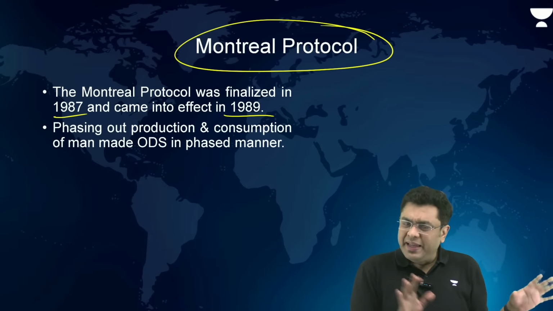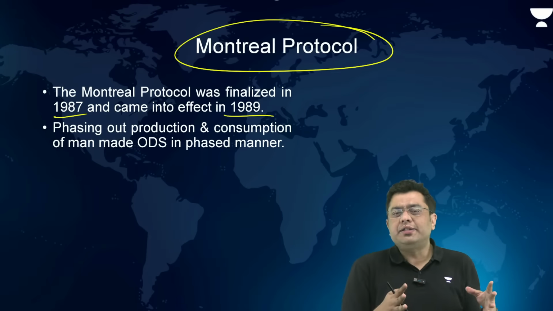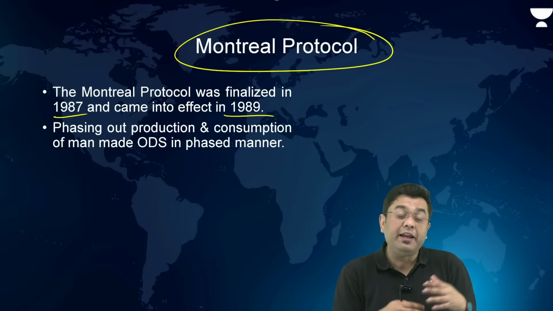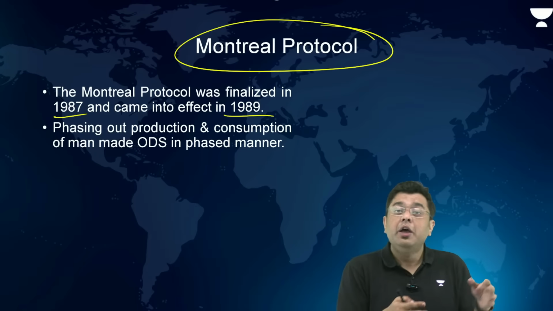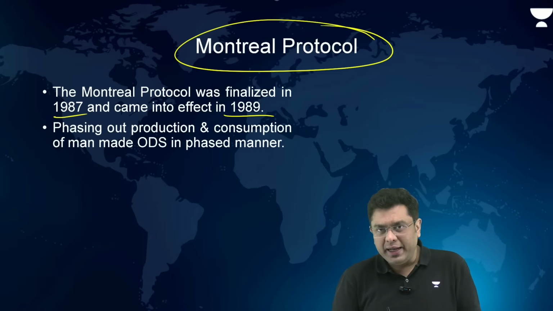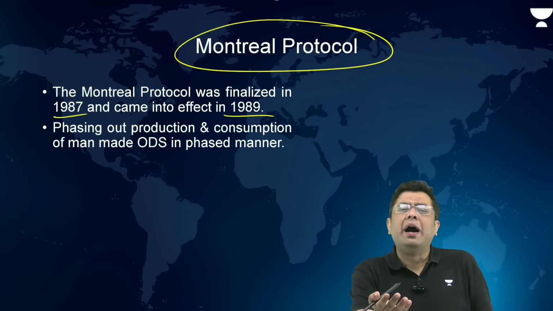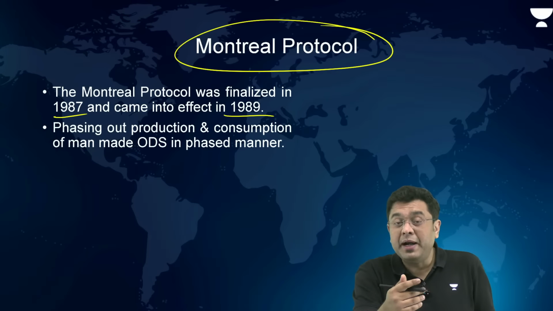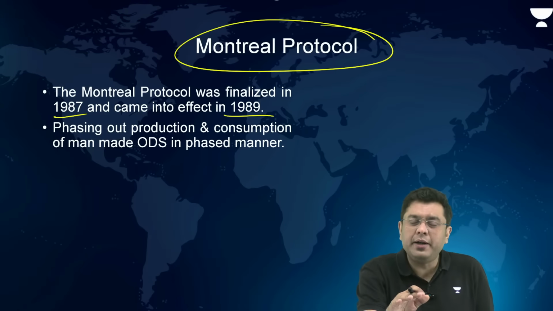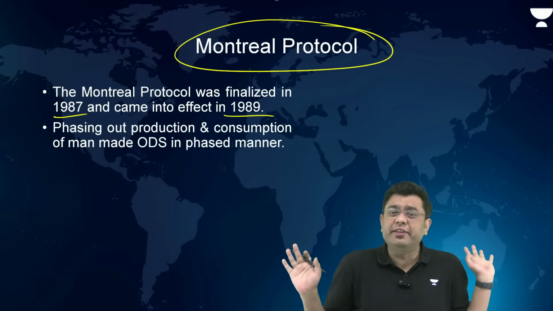It was basically about preventing the emissions or the release of various anthropogenic ozone depleting substances like chlorofluorocarbons, hydrochlorofluorocarbons, bromofluorocarbons, and so on, because these will deplete the ozone layer. Now, the Montreal Protocol over the ages has gone through multiple amendments. You had the London Amendment, Copenhagen Amendment, again the Montreal Amendment almost 10 years later in 1997, and in 1999 the Beijing Amendment. But all of these tinkered with which gases to be included, which gases to be removed.